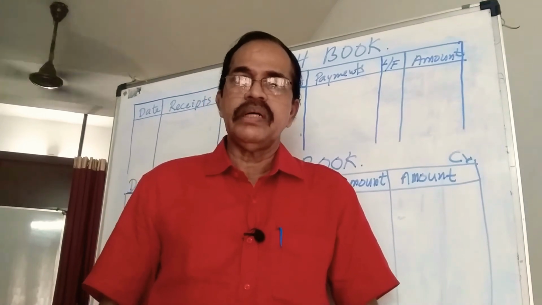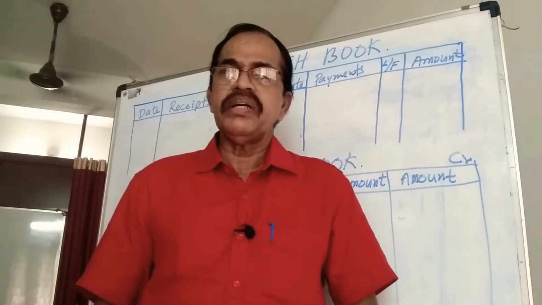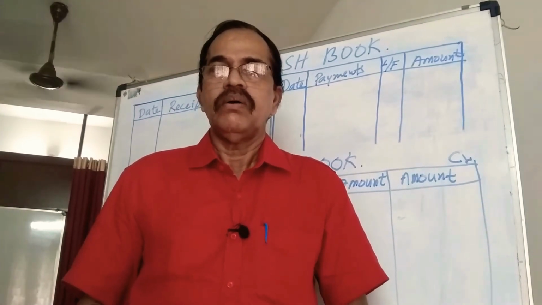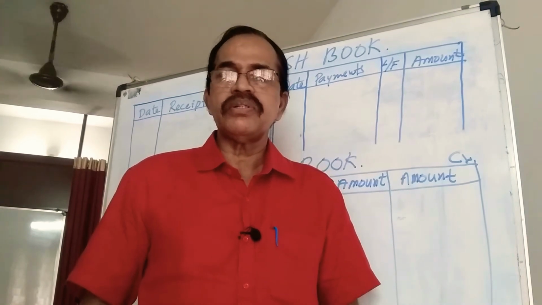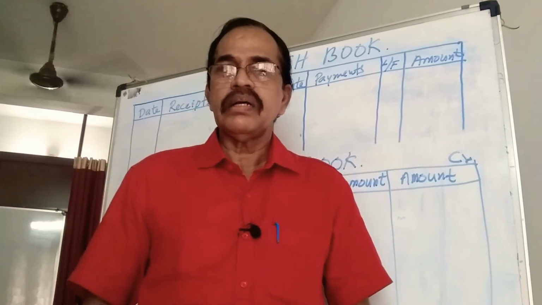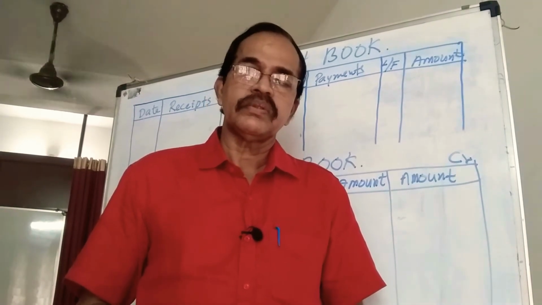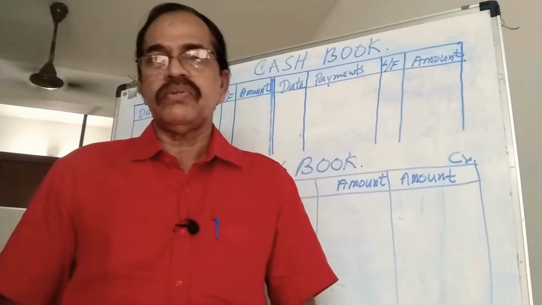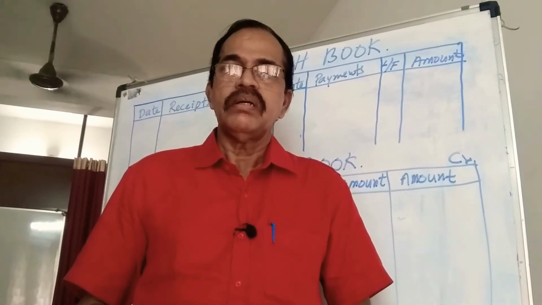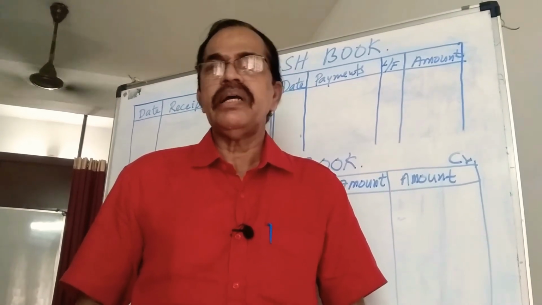The accounting system that we learned in our colleges, the double entry accounting system, is a costly accounting system. Why do I say that? For example, we know that business transactions are originally recorded in the books of original entry, or subsidiary books. We have 8 subsidiary books like cash book, purchases and sales day books, purchase returns and sales returns books, bills receivable and bills payable books, and journal proper.